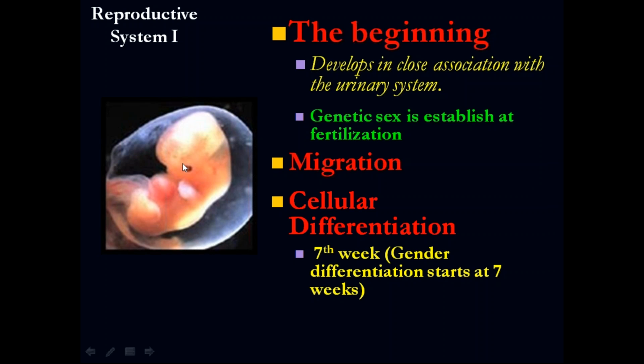But then it's going to start having some differences because of the hormones that are going to happen, especially at about 7 weeks of gestation. At 7 weeks, some organs, the female and male parts, in the case of male, the male are going to persist. Meanwhile, the female portion is going to start to degenerate because of this genetic information that is going to make an elevation of certain hormones, as we are going to see now.